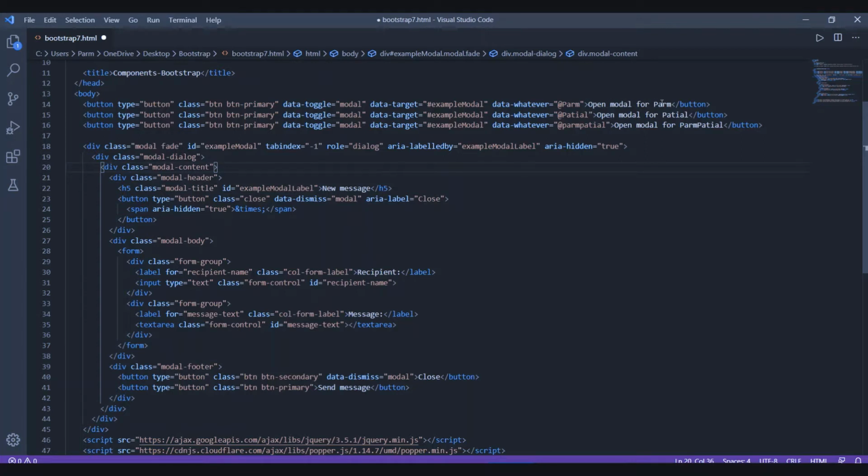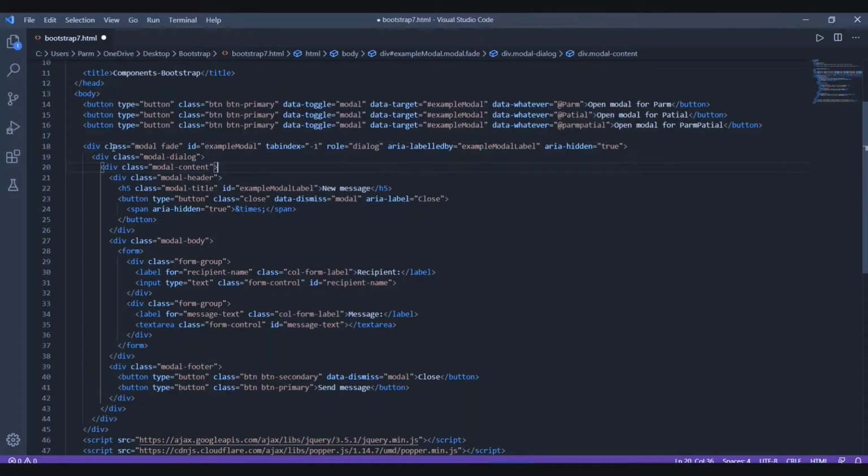And this text will appear as the message. So whenever we click on the first button, it means the recipient is Param. Here the message is for Patiala, and here the message is for Param Patiala.